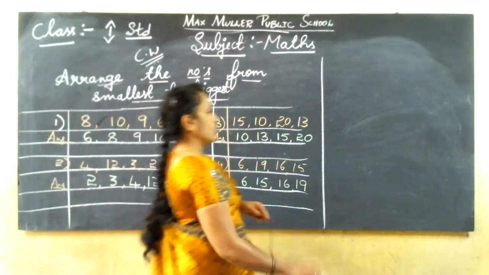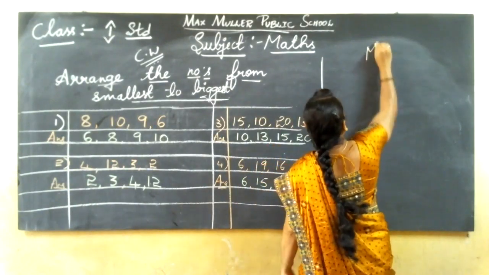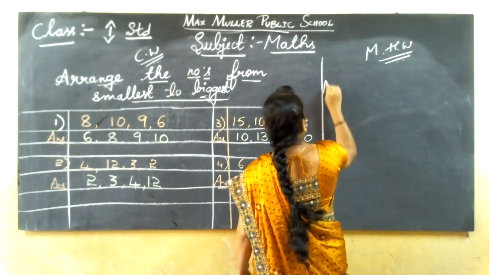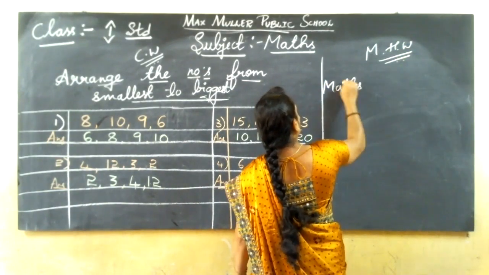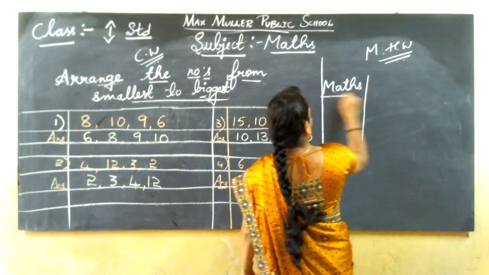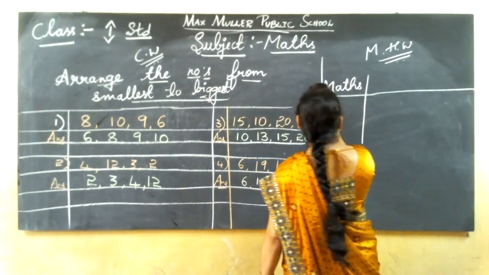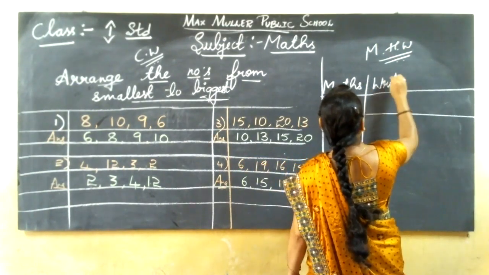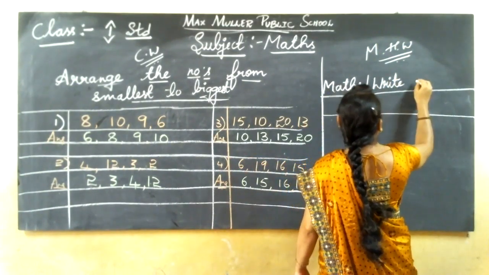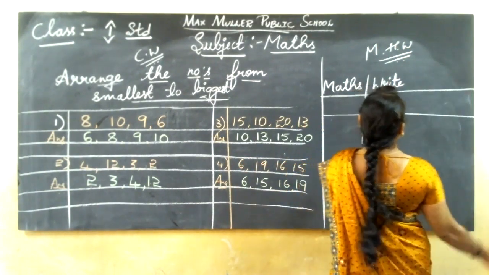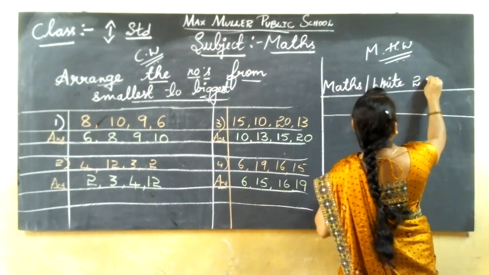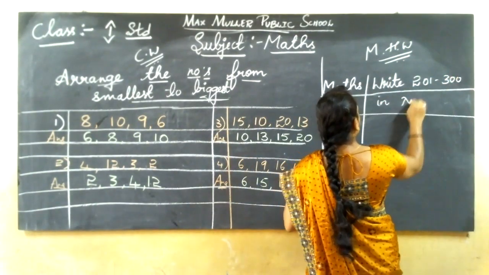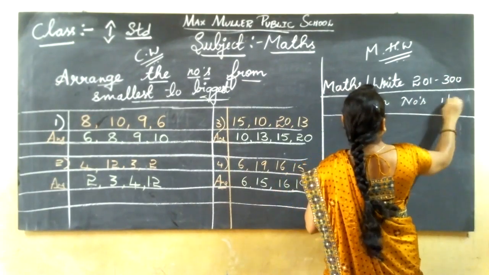Okay. Yes, then homework I'll write this side. HW means each and every class will give the homework, that only. What is today's homework? What you wrote in the previous class? 101 to 200 numbers you wrote, isn't it? Today you write 200 to 300 in numbers. Numbers one time, right?